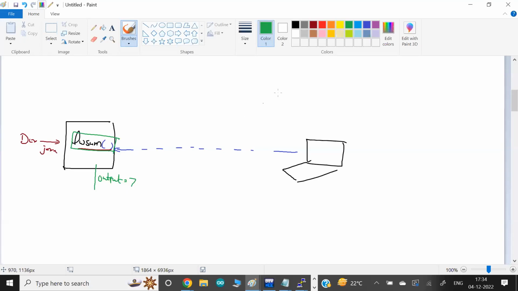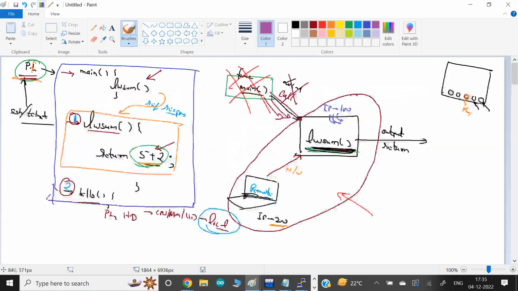So the developer of this function decides what it does and decides that it will give the output. It means if this is my computer, I'm the user of this function, or maybe I can use the name client. I'm the client of this function. When we call this function, it gives the output. Where does the output go? Obviously to you, because you are the one calling. In the normal programming world, if the main function calls a function, the main will get the output. The function will respond to the main.